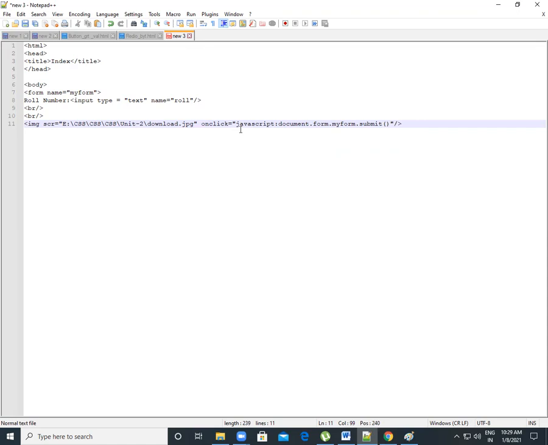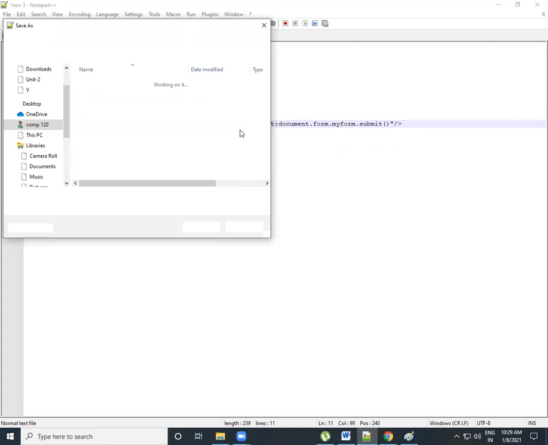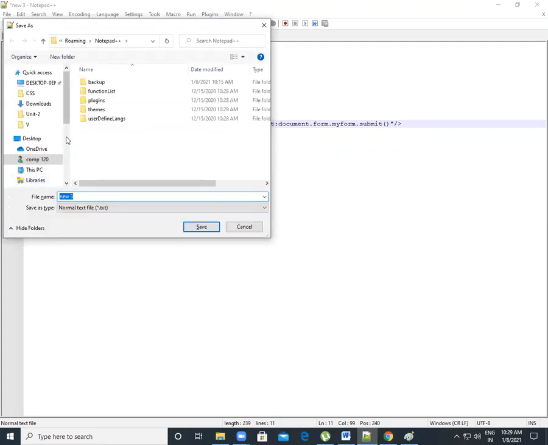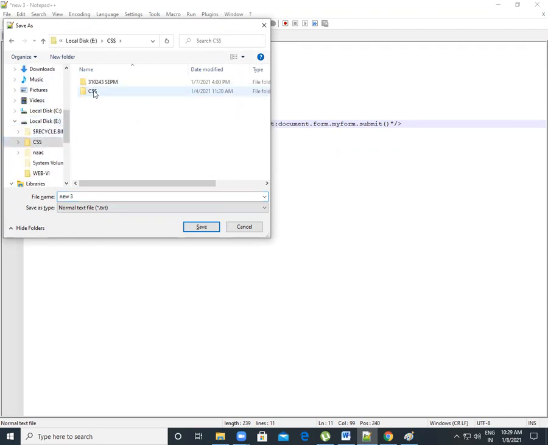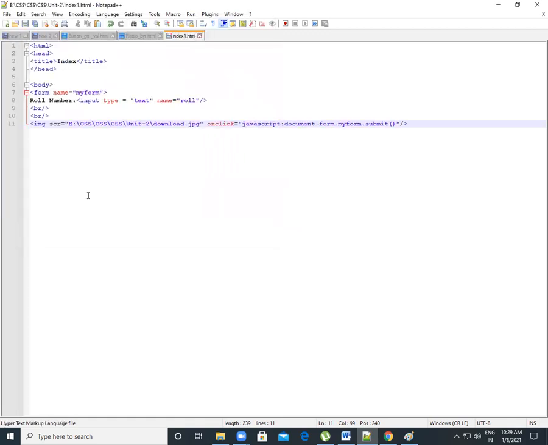Okay, let's save this file first of all. Now, where we store that button image, this file is also saved in that folder, correct? Index1.html is your file name.